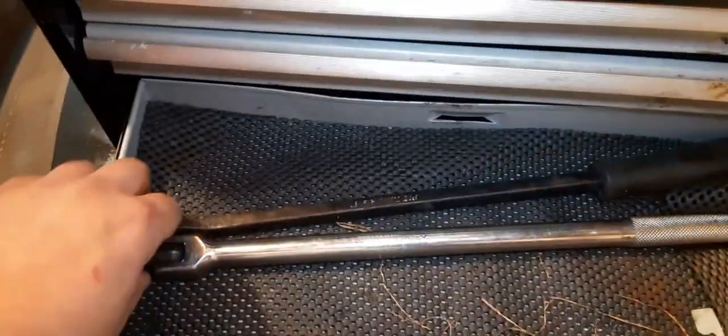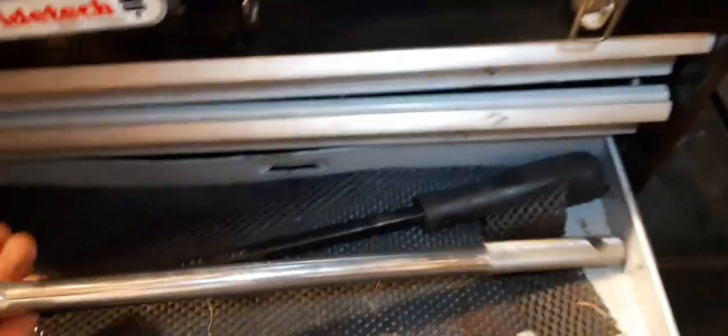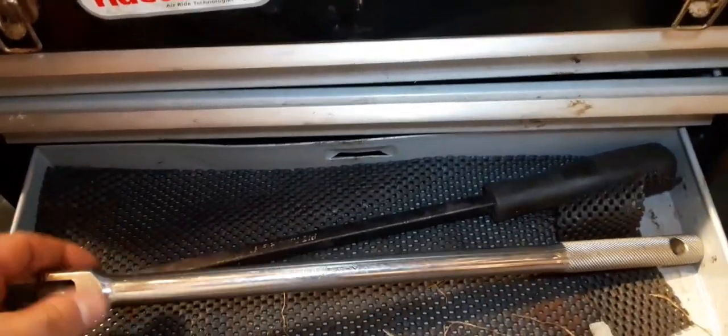Last drawer is just a breaker bar, 1/2 inch. I think this is a 15 inch, I'm not positive. And then a pry bar from Harbor Freight too. And yep, that's pretty much my toolbox, 3-drawer